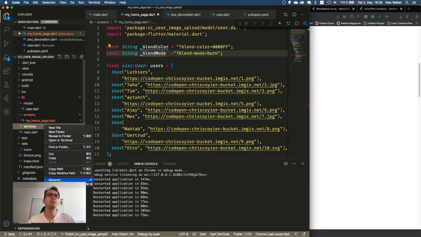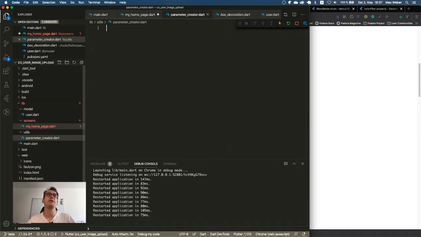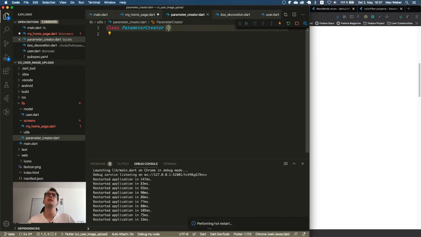Or utils would be a better name, I think. And I want to have here something like a parameter creator.dart. And this one is very funky because the parameter creator will have the knowledge about how we create the different parameters and add that to the URL.